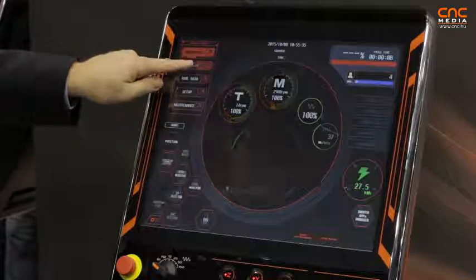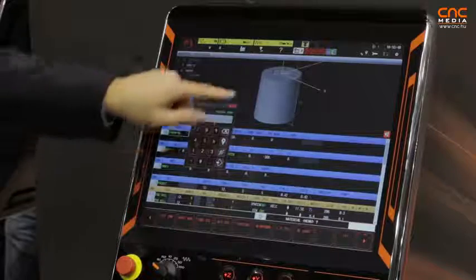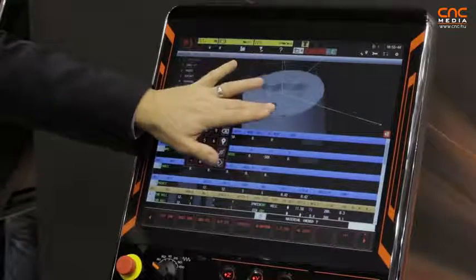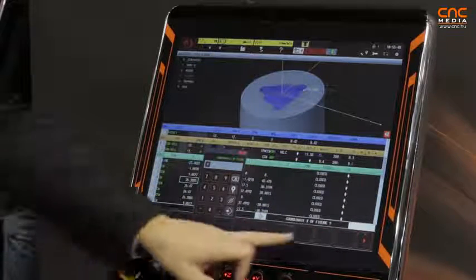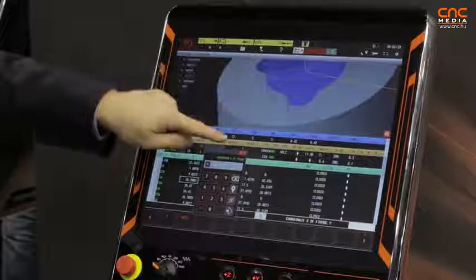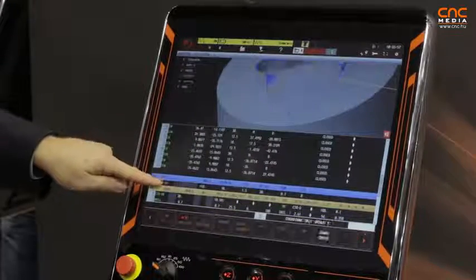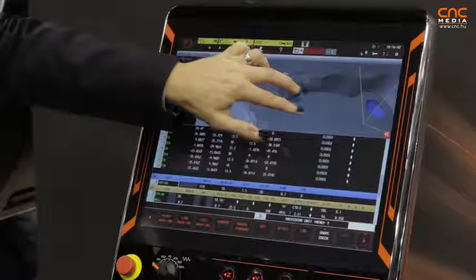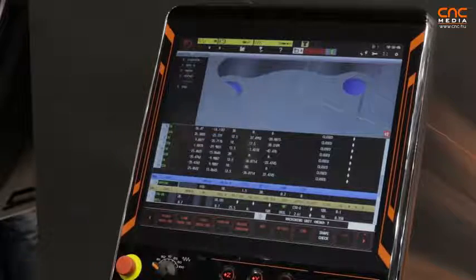Let's have a look at the detail now of writing a program. So from the home screen you can access the shortcut into the program screen. Now we're looking at the Mazak program here, and immediately what you see is a graphic area, the program list, and then a simple unit list on the side. Once we enter data about the program, what you see is a model shown here. So the model represents the material shape. If we were to add more data in, for example a hole into the material, it immediately reflects that hole size onto the material. And if you make a mistake, you can undo and you can redo back to the